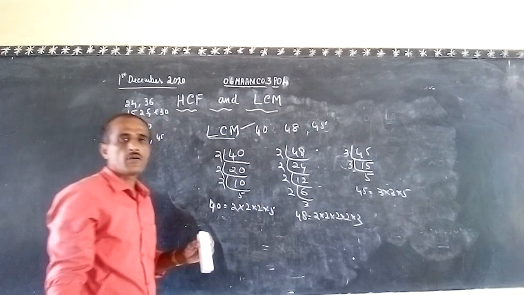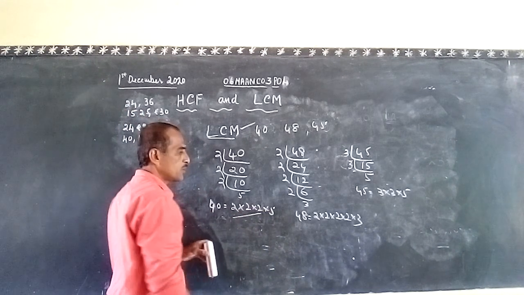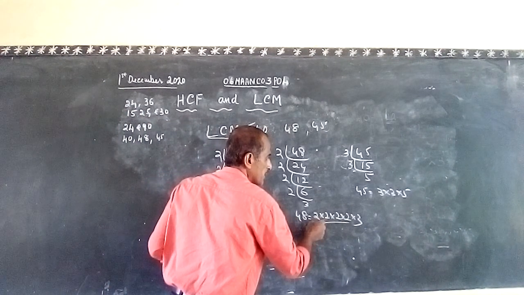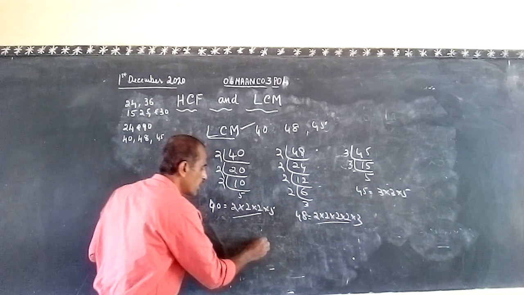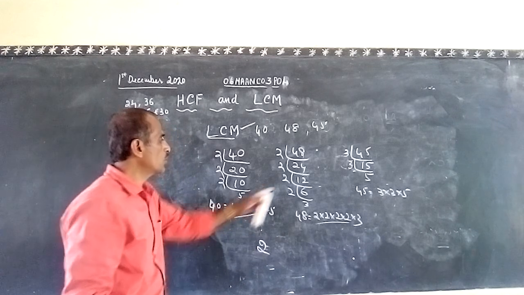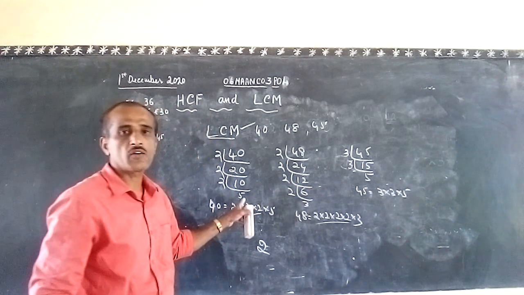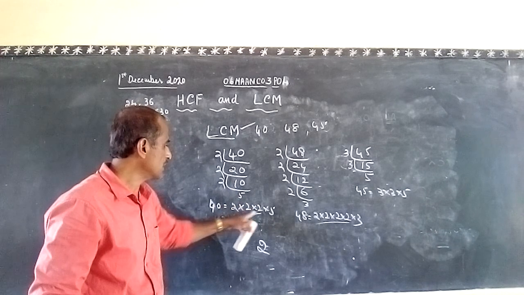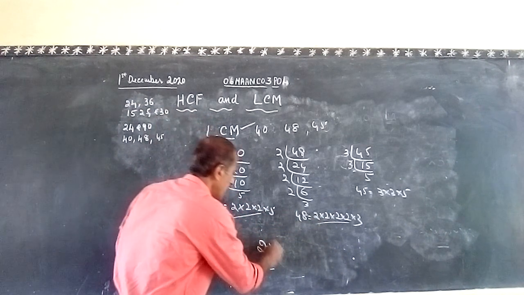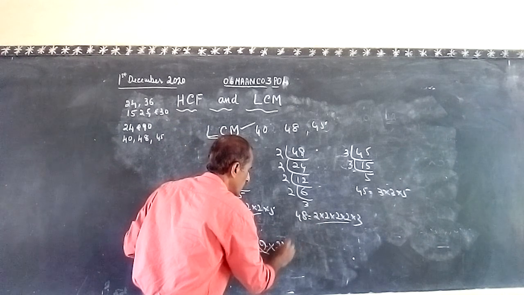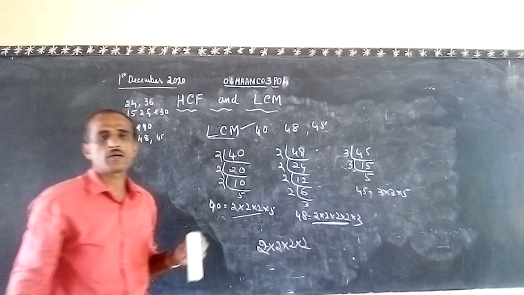So here you have to write. Let us take 2. Here 2 to the power 3, here 2 to the power 4 are there, and here there is no 2. Where it contains more, that you have to take. So though 2 is not here, it is present here and here, so you have to take that. Here 3 2s are there, here 4 2s are there, so this one you have to take: 2 into 2 into 2 into 2, 4 2s.